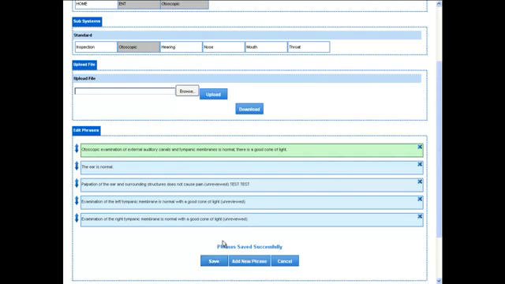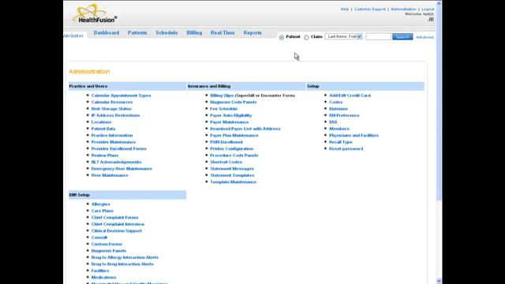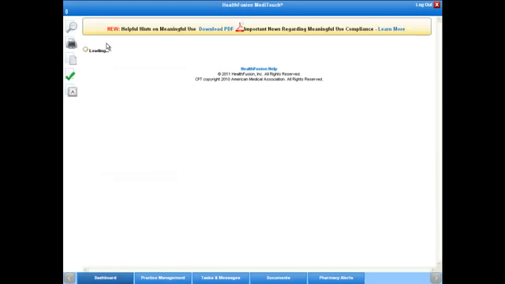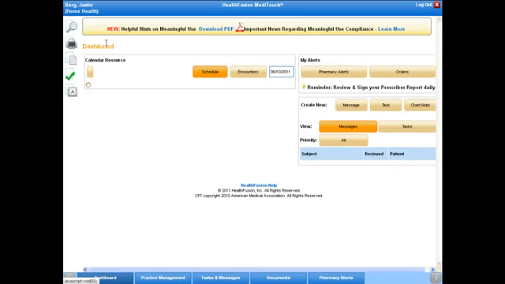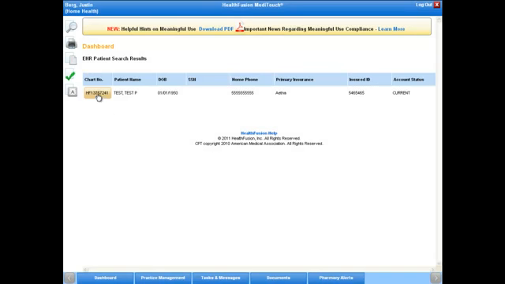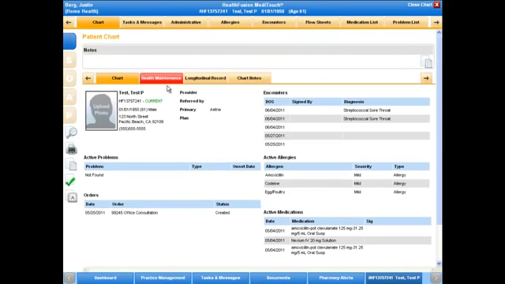Let's navigate back into the EHR system and take a look at what we've just done. First, navigate back to Administration, and then moving over to Dashboard, selecting our EHR dashboard. Let's jump back into a patient by simply navigating to the magnifying glass, typing in the last name of our patient, opening up their chart, and moving into the Encounters tab,